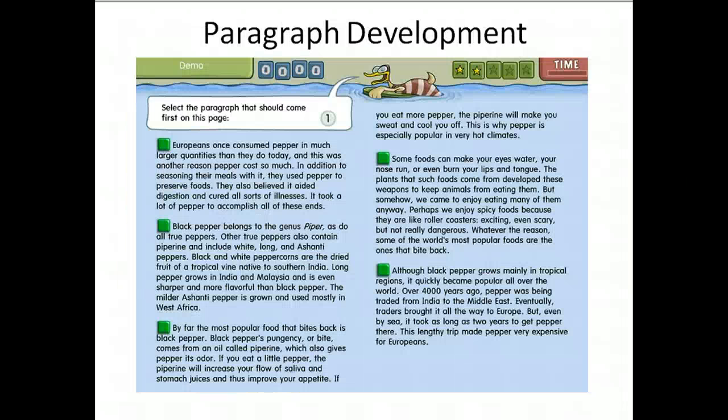And then finally, we go all the way up to paragraph development. Here you have to select the paragraph that should come first on the page. This is one of the things that students have a tremendous amount of difficulty with in writing. They may know what they want to say, and not only students, professors, anybody. When you're writing a scientific paper, I think, to me, the hardest part is getting the ideas out in the most comprehensible order. I mean, I know I had to, putting this PowerPoint together,